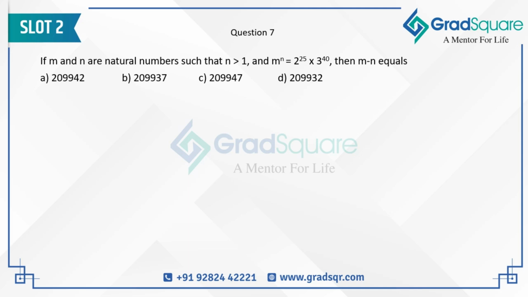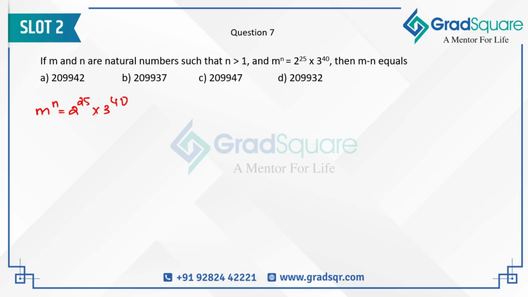Now in this question, m and n are natural numbers such that n is greater than 1 and m power n is equal to 2 power 25 into 3 power 40. Then m minus n equals what? Now the given question is m to the power n is equal to 2 to the power 25 into 3 to